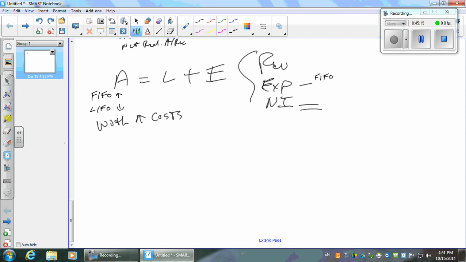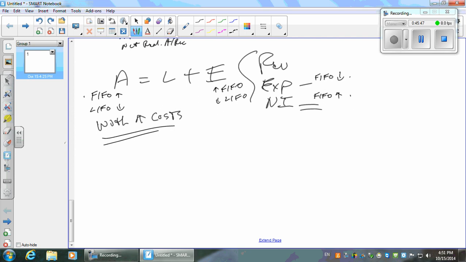FIFO is going to be lower, giving me more net income under FIFO, right? Everybody agree? It's true, isn't it? This side has to agree with this side, which is going to give me higher equity because I have higher net income under FIFO with inflation, okay? What about LIFO? Well, obviously, if this is less on assets, it's got to be less on equity compared to